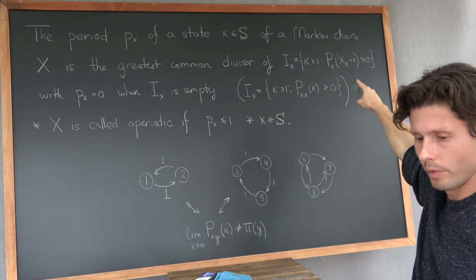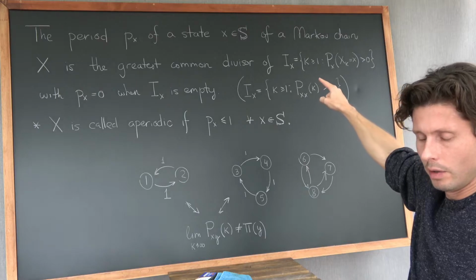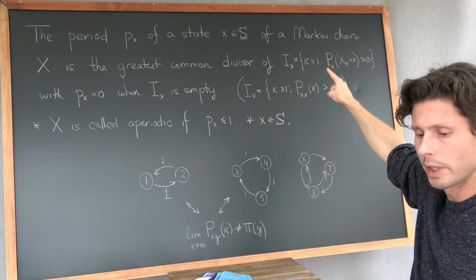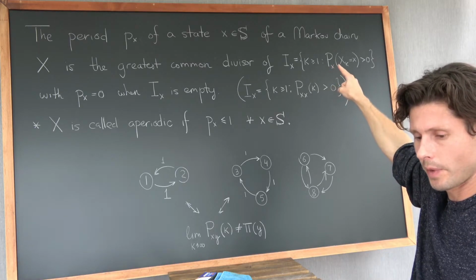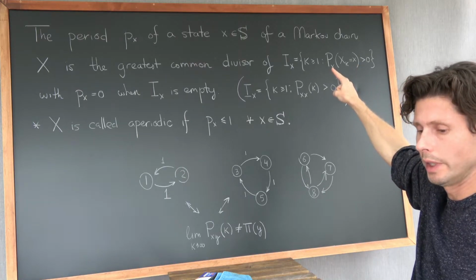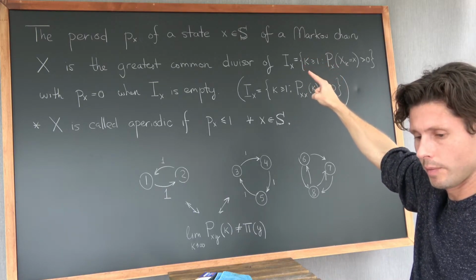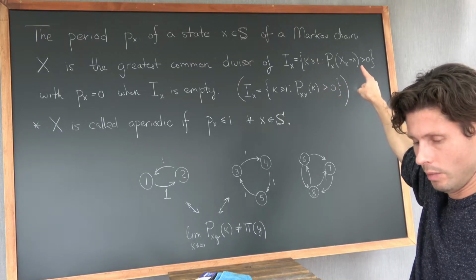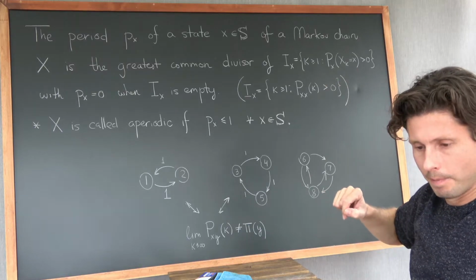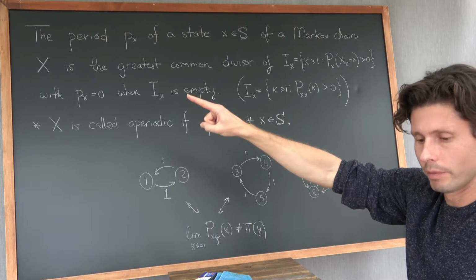So first, let me go through what these numbers are. These are sets of times. They are, moreover, return times of positive probability. So this is the probability that x0 starts at x, and at time k it's equal to x again. So this is a return probability in k steps. And this is collecting all of these return times which satisfy this condition, meaning you return with positive probability in k steps.